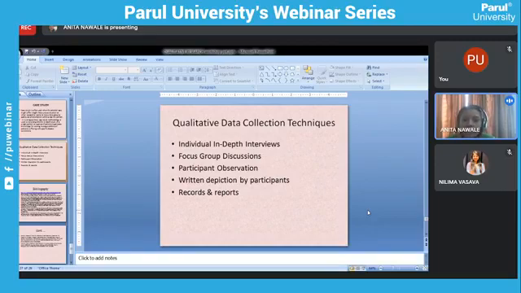Then next we have focus group discussion. In focus group discussion, we have a group of say 5 to 10 members coming together, and we have one moderator who will be just stimulating the particular topic for the discussion and observing how the group is discussing and reacting to that topic, how they are contributing to that topic, and that everything will be noted and recorded on audio tape. Then participant observation.